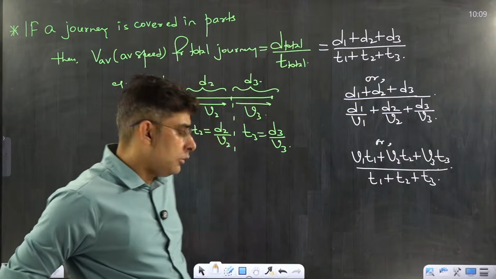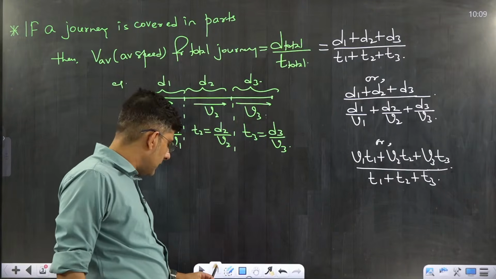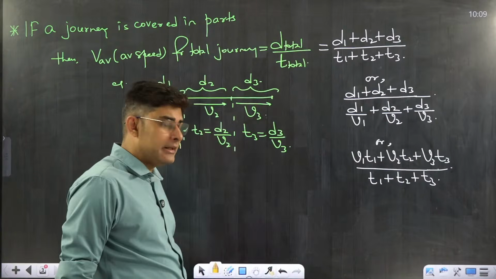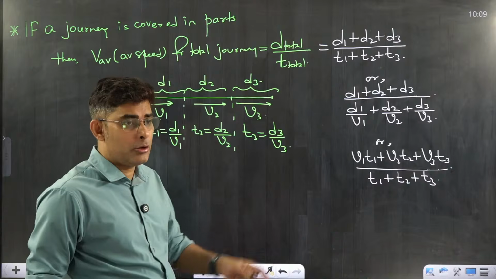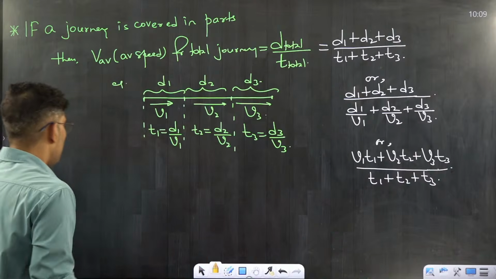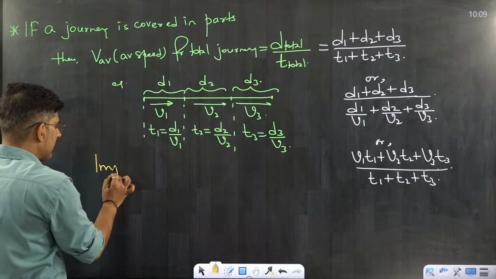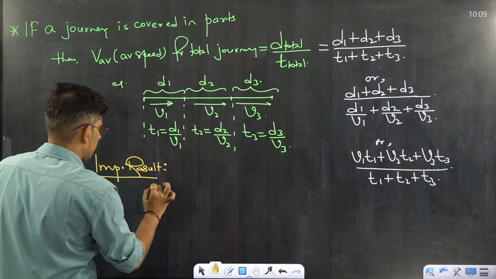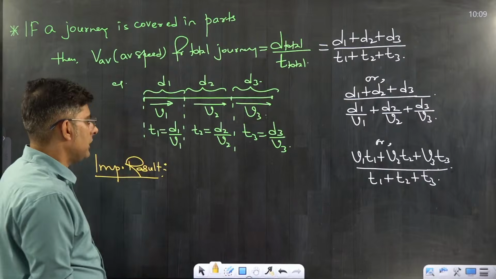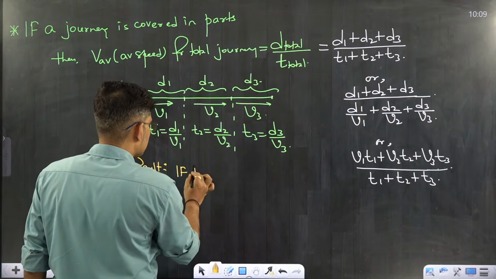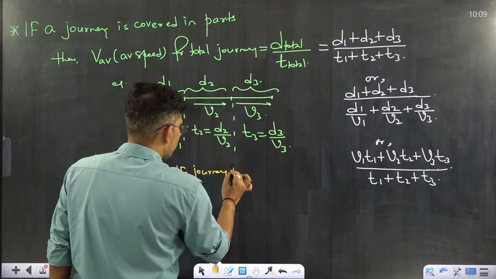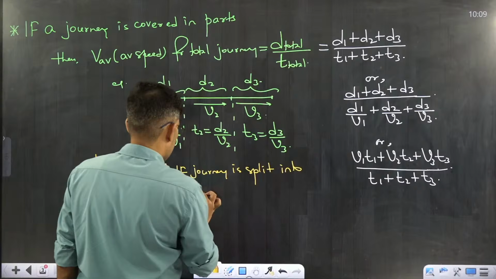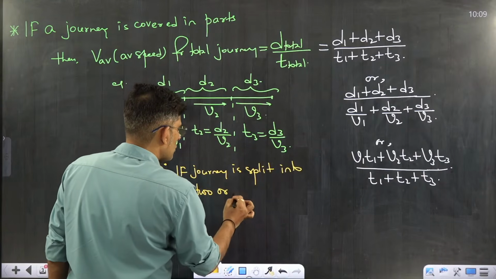Now here, one important result that we are going to get, I am writing it down, is one important case which we can use as a shortcut in several questions. I will show you that also. What is the important result we can get from here? Suppose a journey is split into two or more